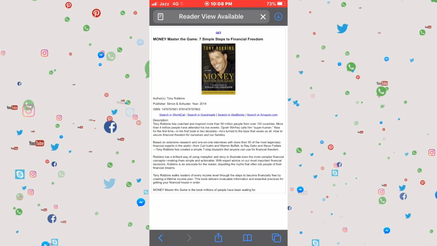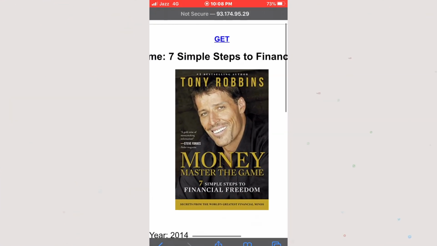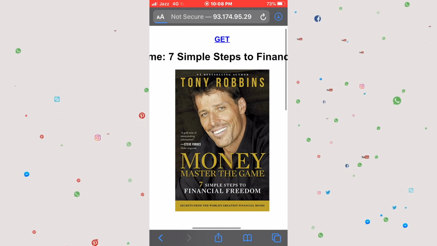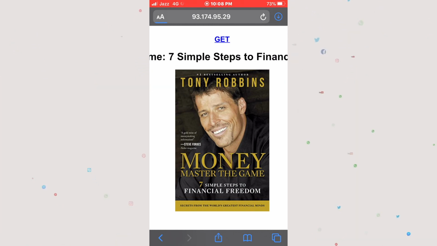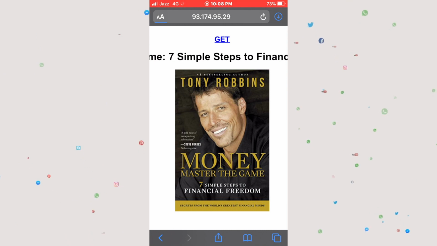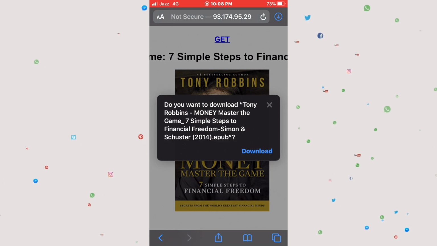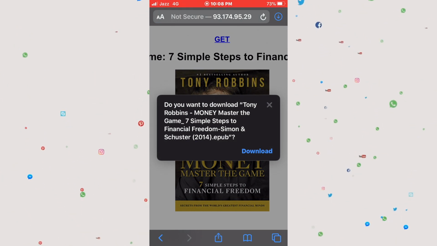and in here you can see this option called get on the top of the book. Click on this get option. Alright, when you click on get option, the book starts to download, and let it be downloaded first. And the book is finally downloaded. Click on the button download,